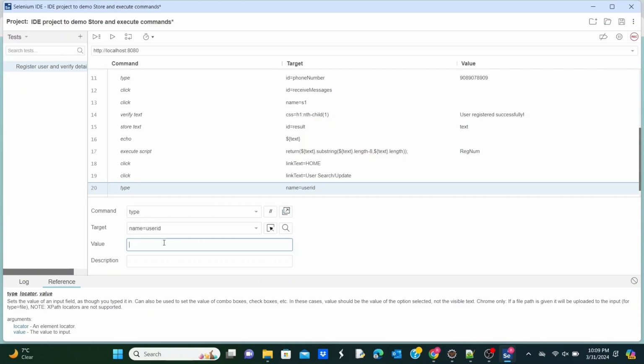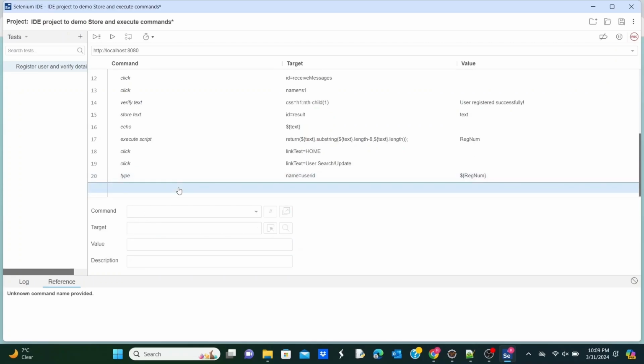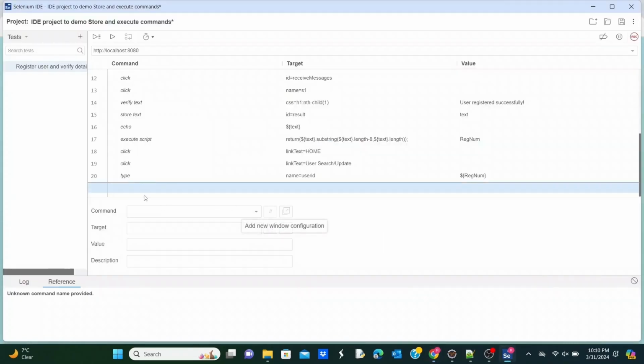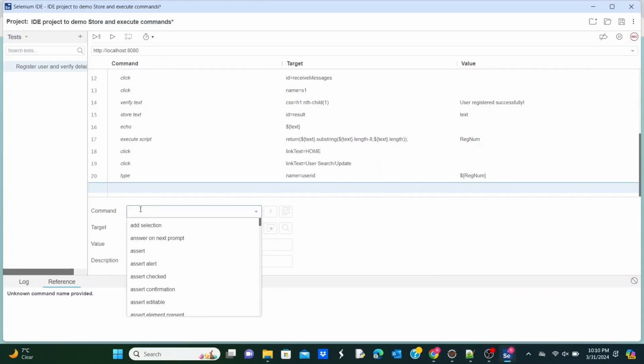We need to start with ${regnum} and close the brace. This information will be automatically typed in. Next we need to click the search button. So let's type click